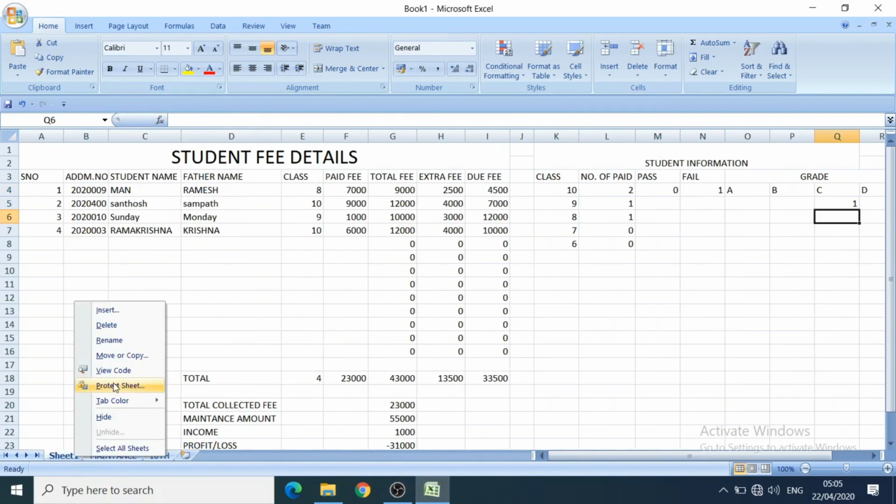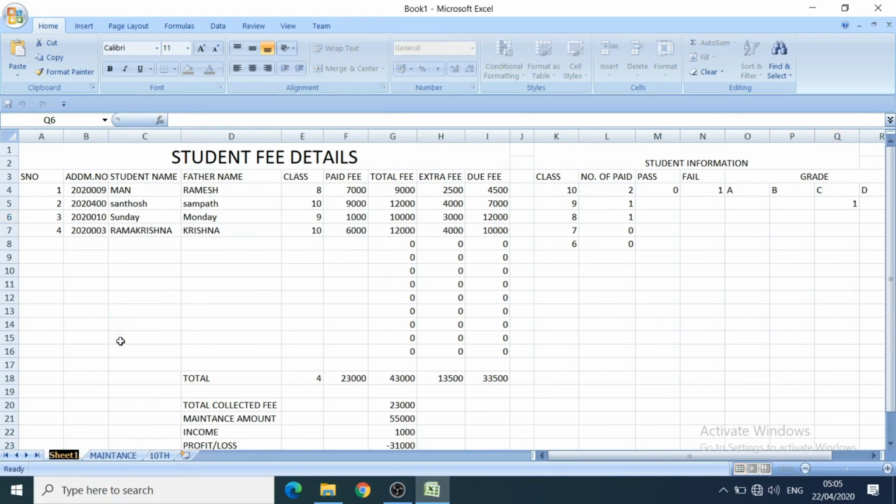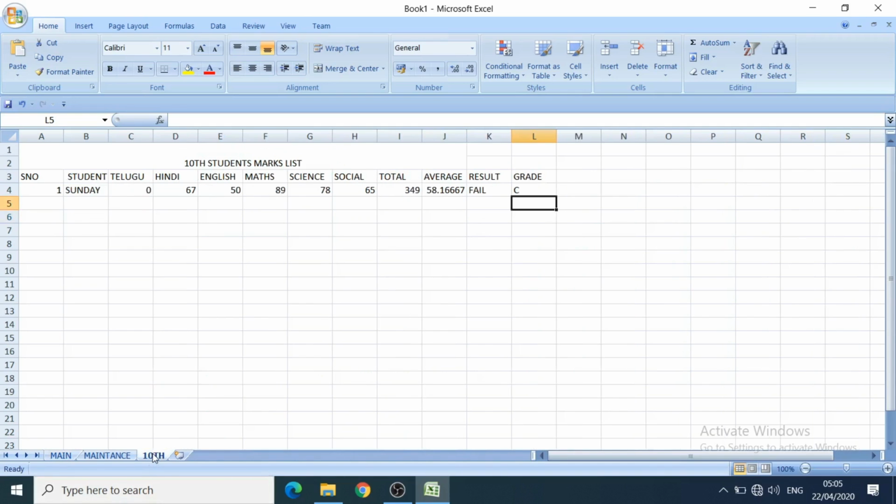This name we have to change to main seat. I am giving the name Main. Now if I enter in 10th class one more student, this we have to give for other people too. I am copying it to the remaining people.